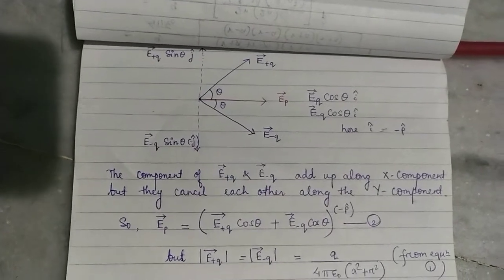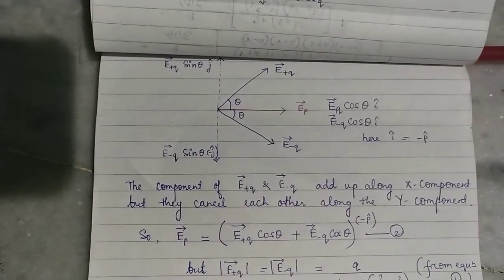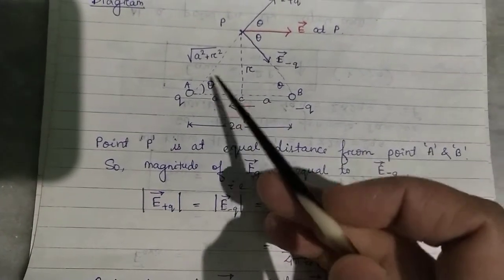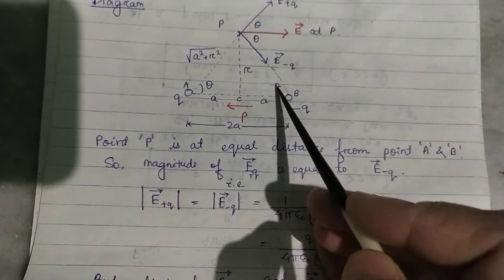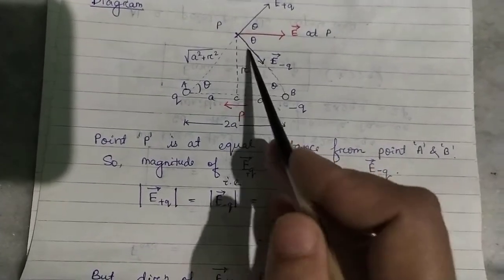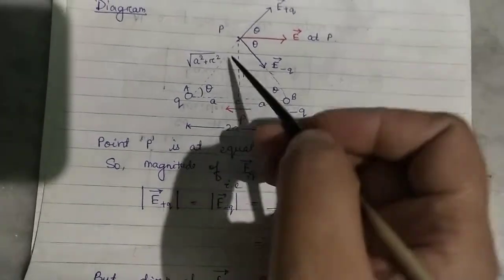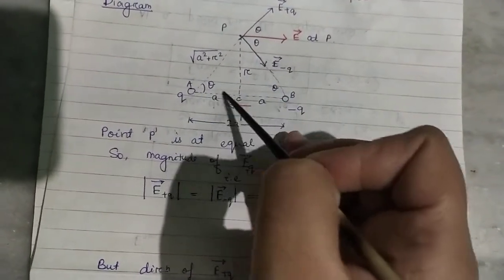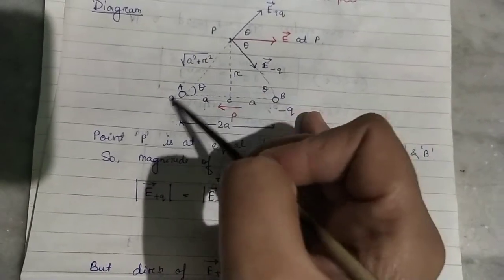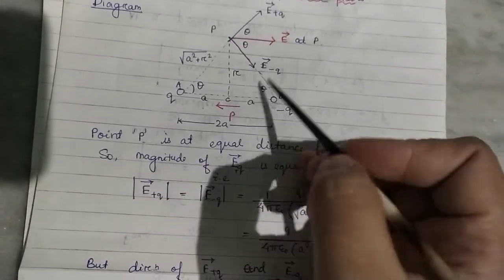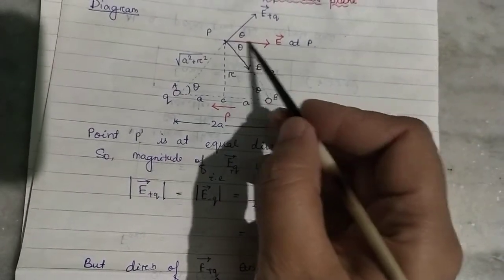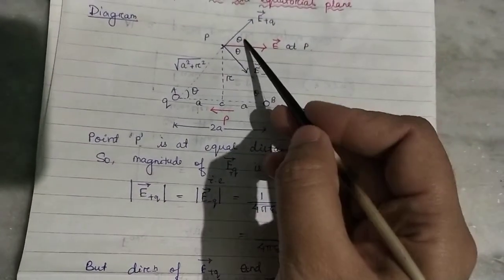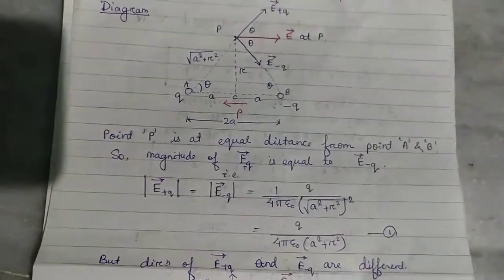Here I have to show you one important thing, that is about theta. If you see the diagram here, this angle is theta. If this angle is theta, this angle will be theta because this is an isosceles triangle. These two sides are the same. Now, if this angle is theta, this angle will also be theta. How? This line will be parallel to this line. This is a transversal, so these two angles will be equal. Similarly, these are parallel to each other, this is a transversal, and this angle is equal to this angle. So the angle between these two is 2 theta.